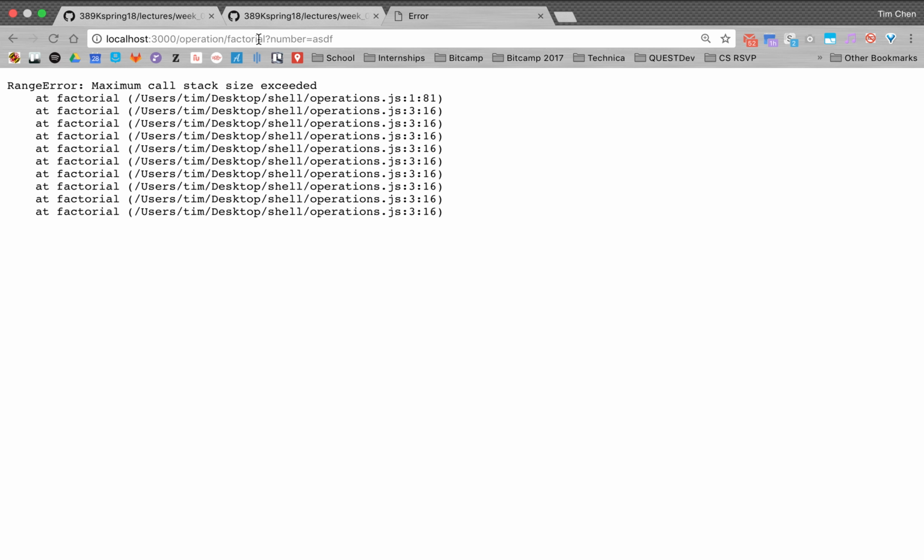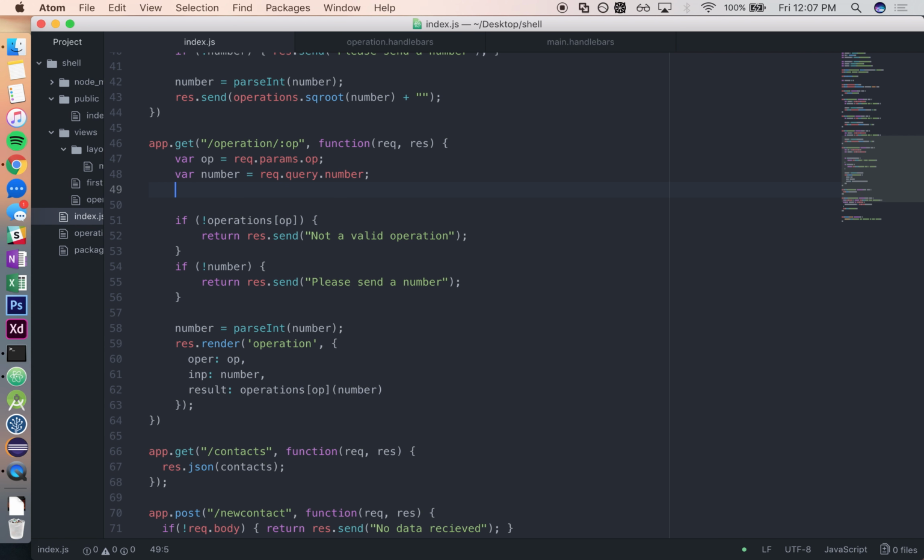Oh, sorry, operation. What am I doing? If we do something like this, it's not a valid operation, right? So instead, we can create an error catcher kind of thing. If that's not valid, then we're just going to set error to true, and then